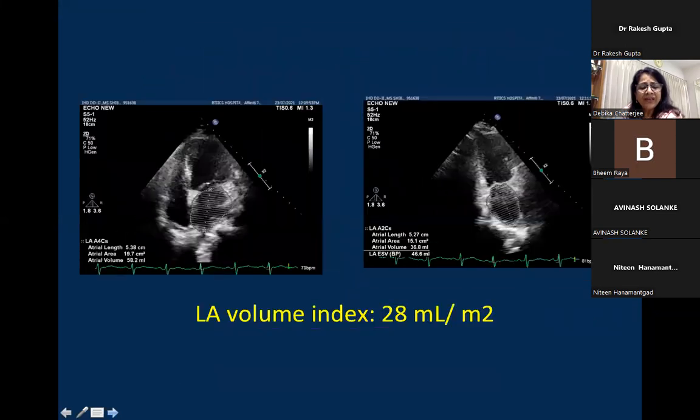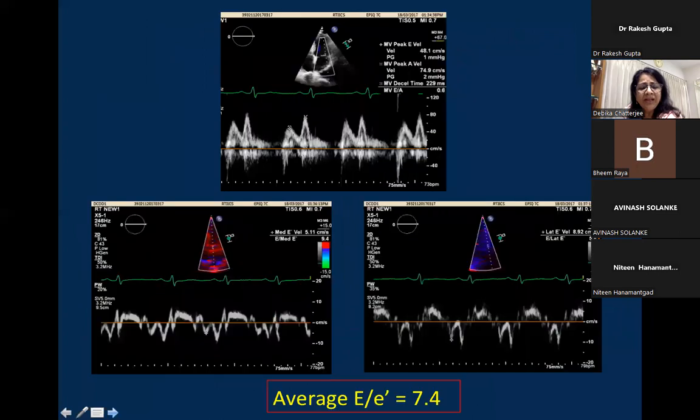I also check by looking at the LV volume index. This is only 28 ml per square meter body surface area. And I also look at the tissue Doppler imaging, where I look at the average E by E prime, it's only 7.4. So by looking at the E and A wave velocities and their ratio, we can